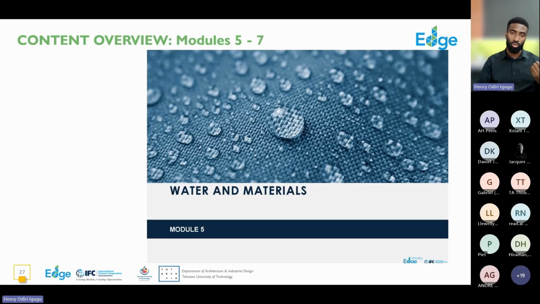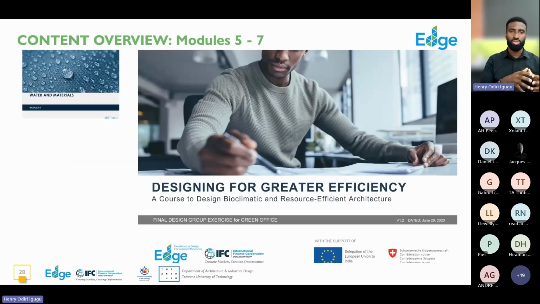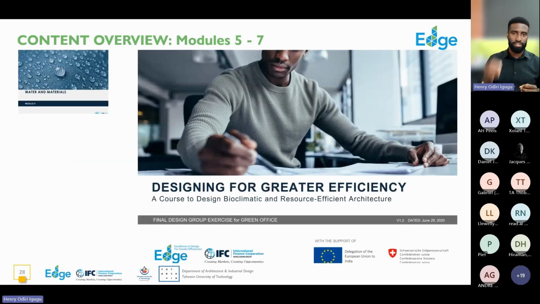Module 5 is on water and materials. We're going to look at water consumption and various strategies for material selection, very practical issues as well. The Edge app offers the opportunity for you to see how your material selection, whether for your walls, floors, or ceilings, is going to perform. Module 6, as I mentioned earlier, is the final